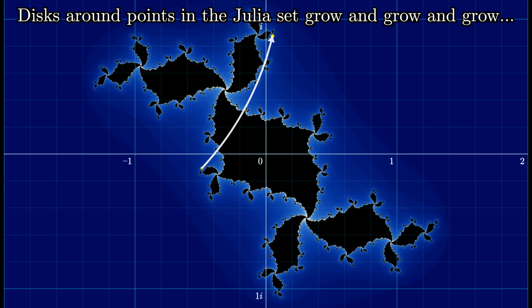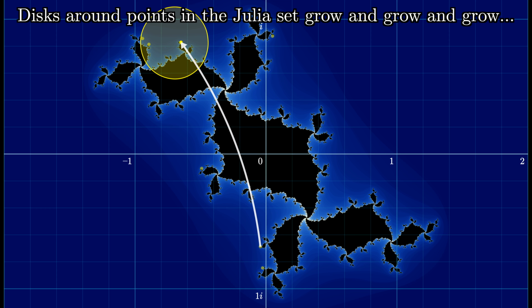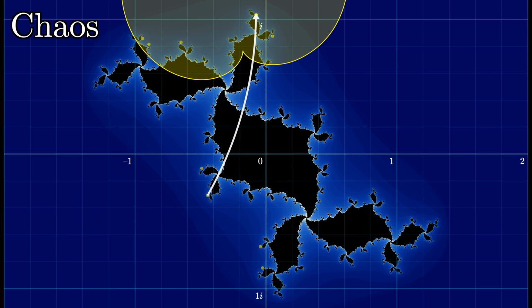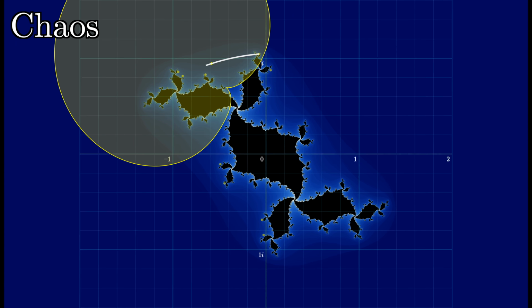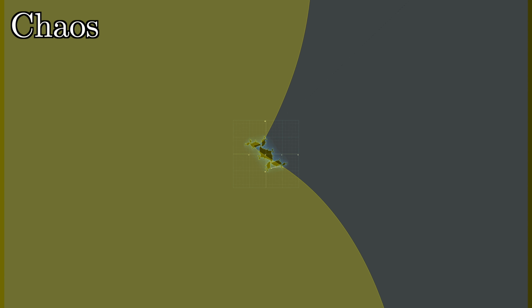By contrast, if you draw a small disk around a point on the Julia set, it tends to expand over time as the points from within that circle go off and kind of do their own things. In other words, points of the Julia set tend to behave chaotically. Their nearby neighbors, even very nearby, will eventually fall into qualitatively different behaviors. But it's not merely that this disk expands.